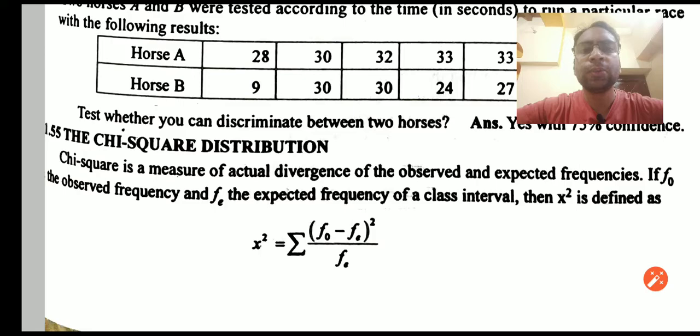Hello and welcome students to the next lecture on hypothesis testing. In the last lecture we had seen the numericals based on the t-test, and in today's lecture we will begin with